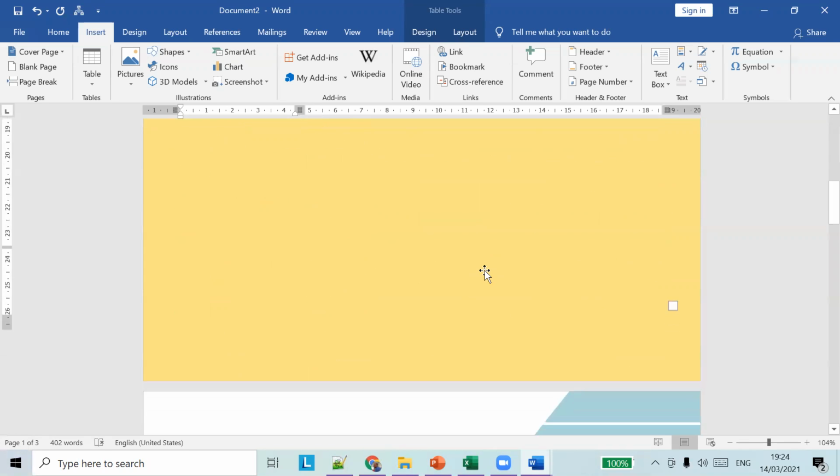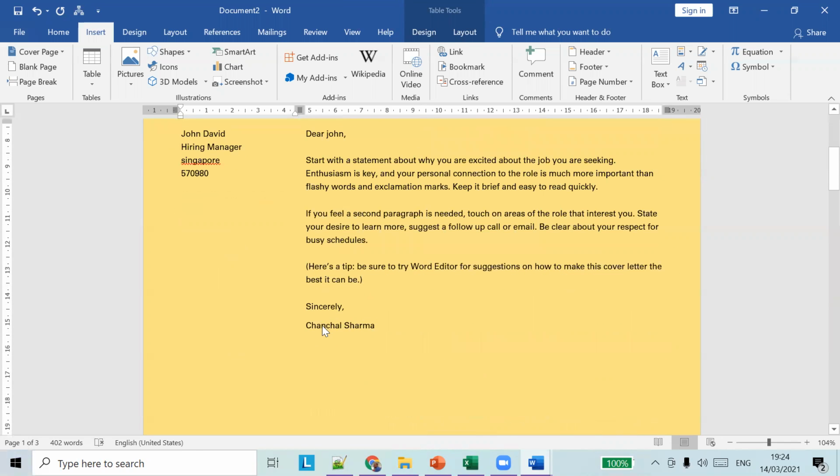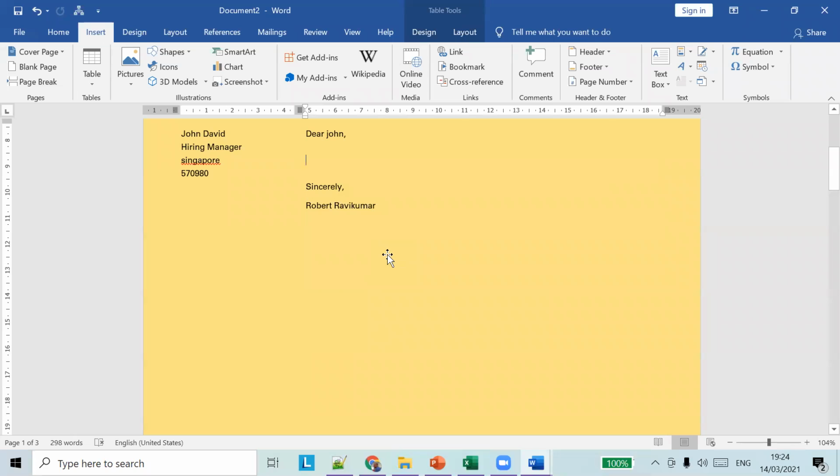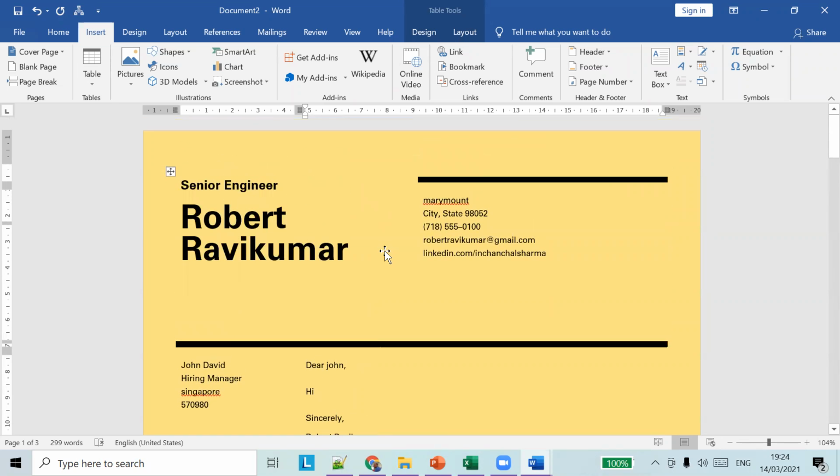If you don't like the content, you can delete all the content and type your own stuff here. So this is how you work with templates.